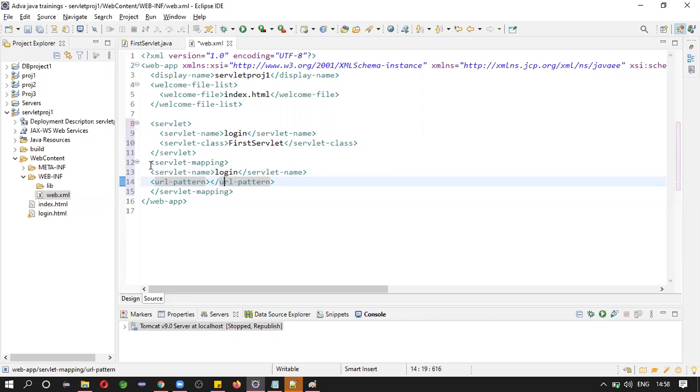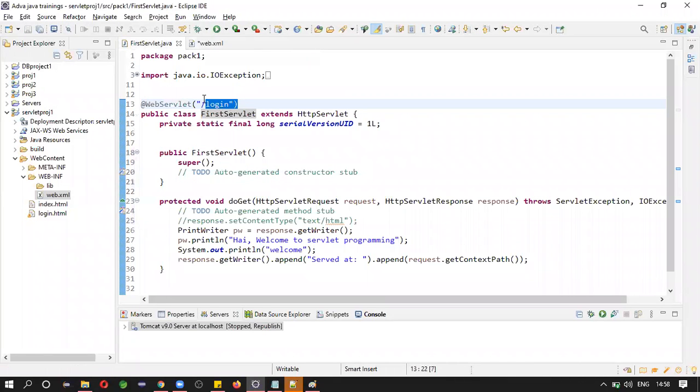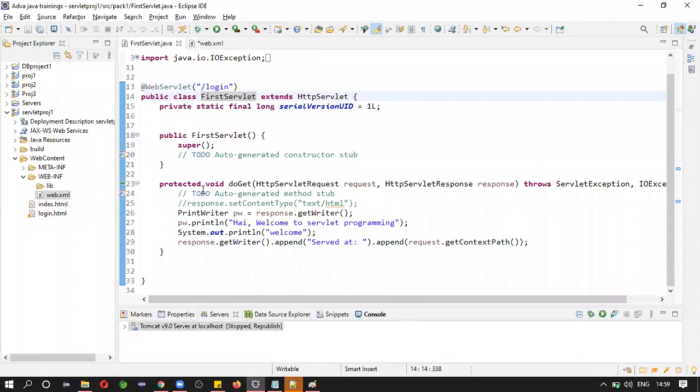Which request must be mapped to which servlet? Now, slash login. Whenever the user enters this URL in the browser, you can just call this servlet. What is this servlet? Don't worry, this is the servlet name which is given to the servlet class. So whenever you enter slash login, it will identify the login name and search for the class with the login name. After matching this name, it will call this class. Whatever you write inside this class will be executed accordingly.